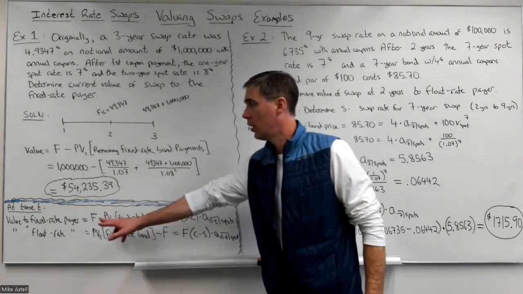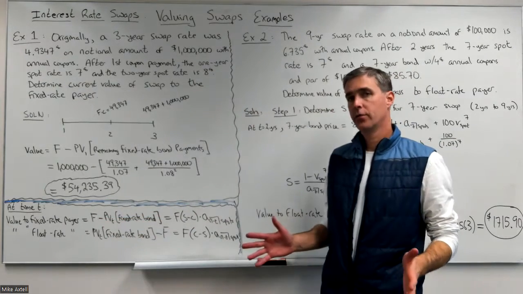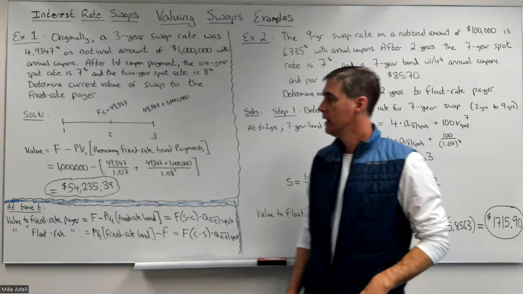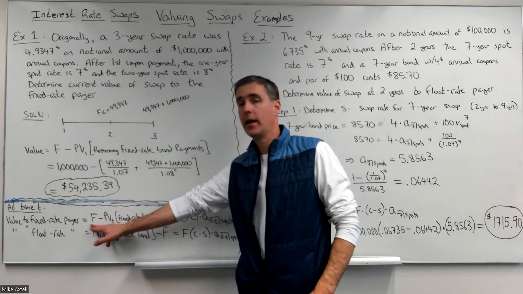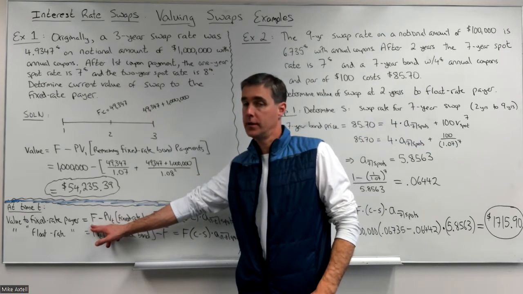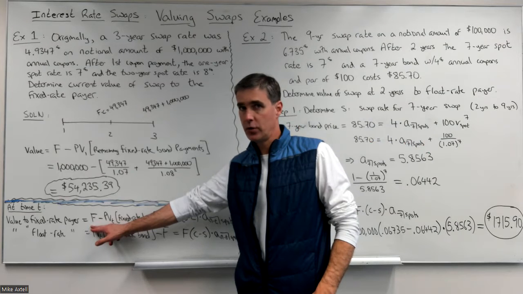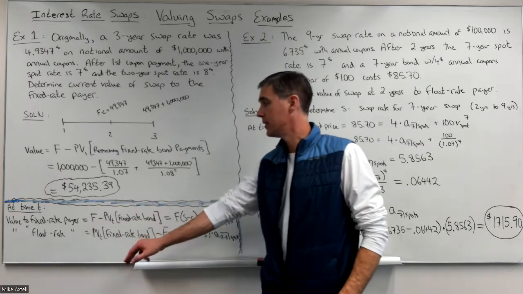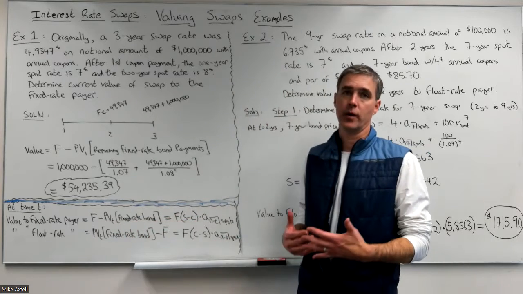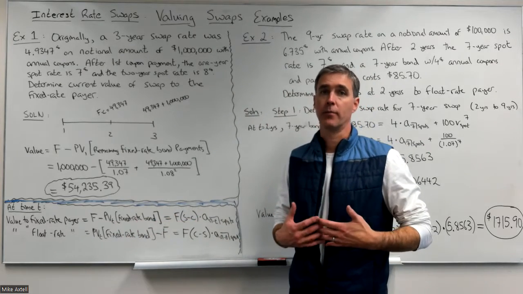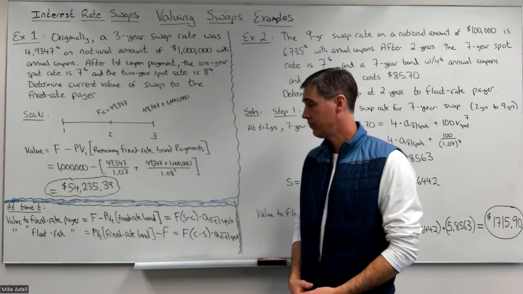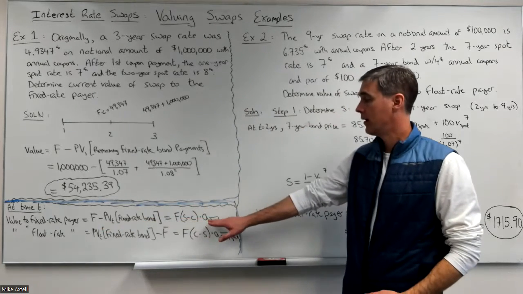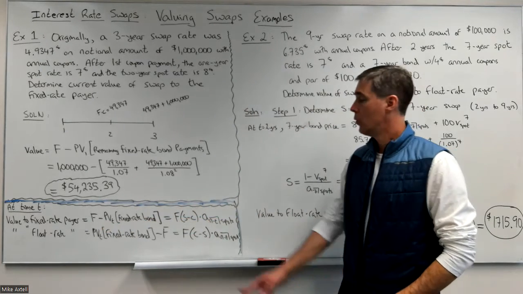So recall that at time t, midway through an interest rate swap, the value of the swap to the fixed rate payer is going to be the value of the remaining float rate bond. And since the float rate bond is neither premium nor discount, its value is always F, the face value, minus the present value of the fixed rate bond payments that the fixed rate payer has to pay over to the other person. So that's how we started our last video, and then we derived that formula for it, where C